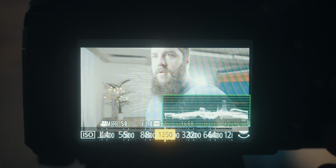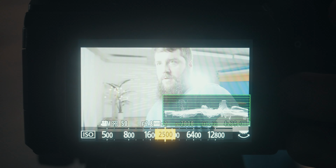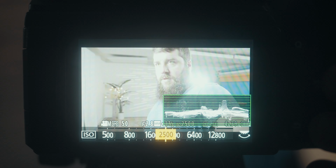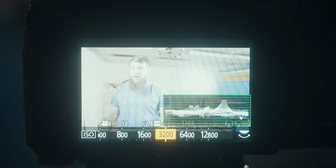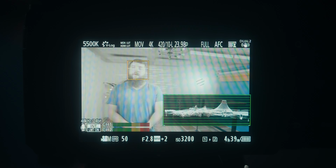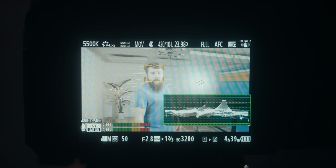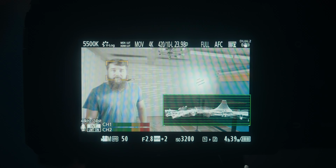So if you're filming someone in front of a bright light, for example, and the camera's telling you that it's overexposed, you can look at the waveform monitor and it will actually show you the brightness level where the light in the background is that is too bright, but it's also going to show you the brightness level of the person in front that's too dark. And then you're going to be able to tell the brightness levels are actually much lower and you need to raise them. And it's just a much more accurate way of being able to tell how exposed your subject is